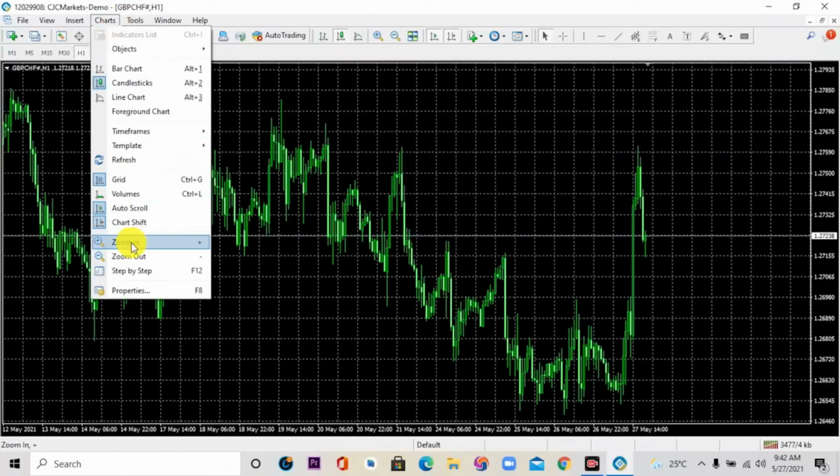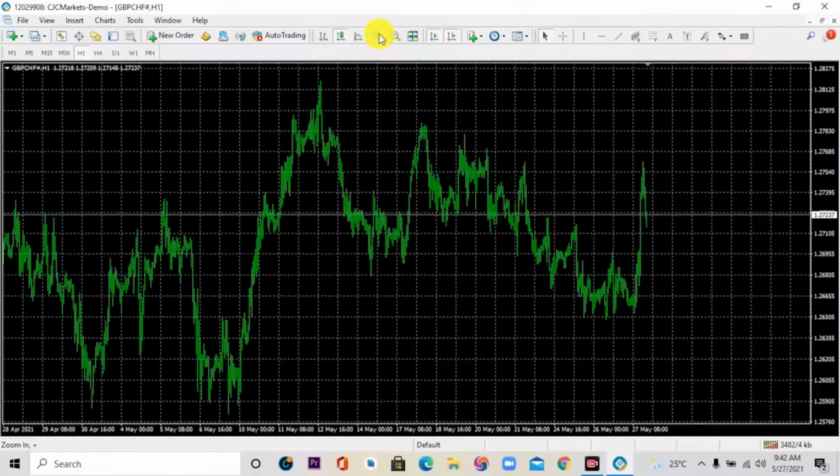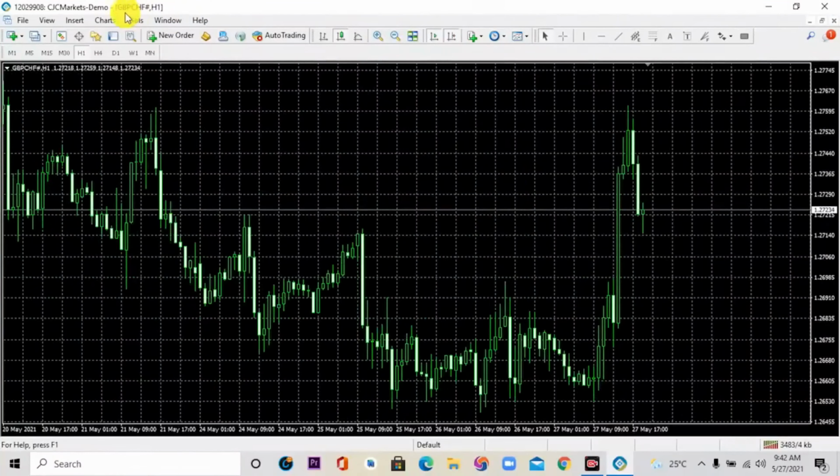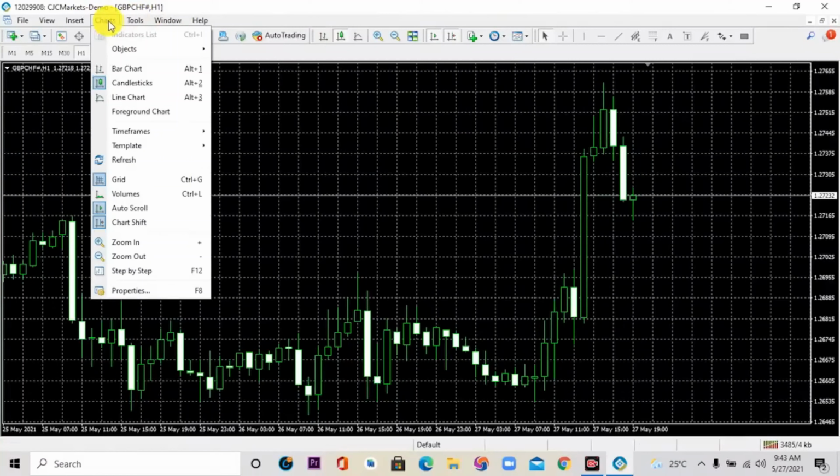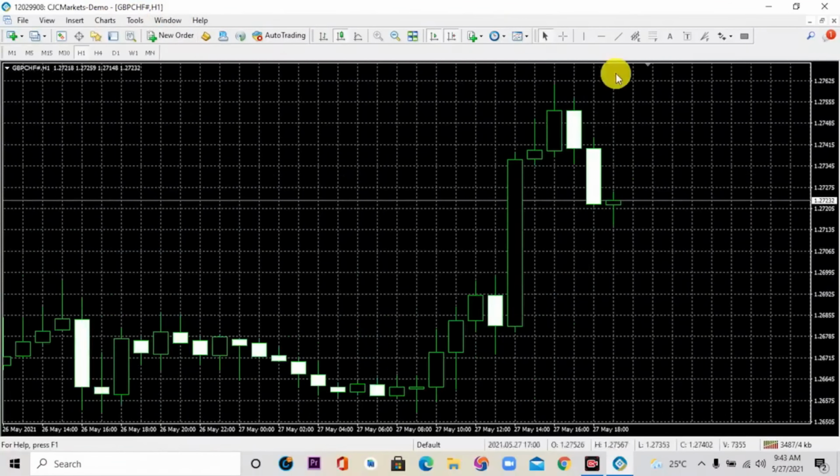Now this is the zoom out, which is this one. Zoom in and zoom out, which is this and this. You can zoom in, you can zoom out, shrink it, you can zoom out again. From here, you can zoom in, zoom out. Sorry guys, chart again, you can zoom in. All right,